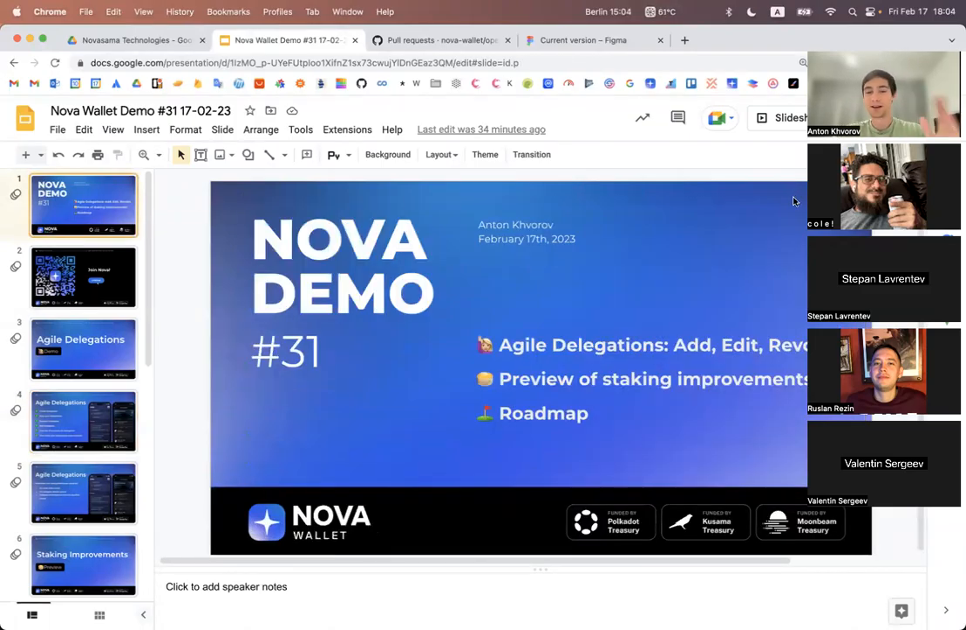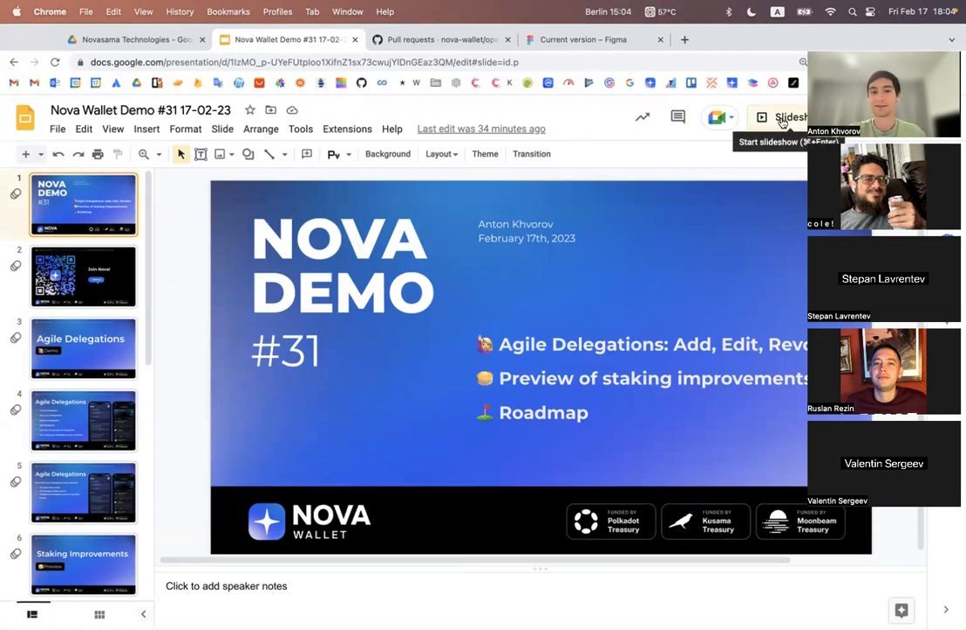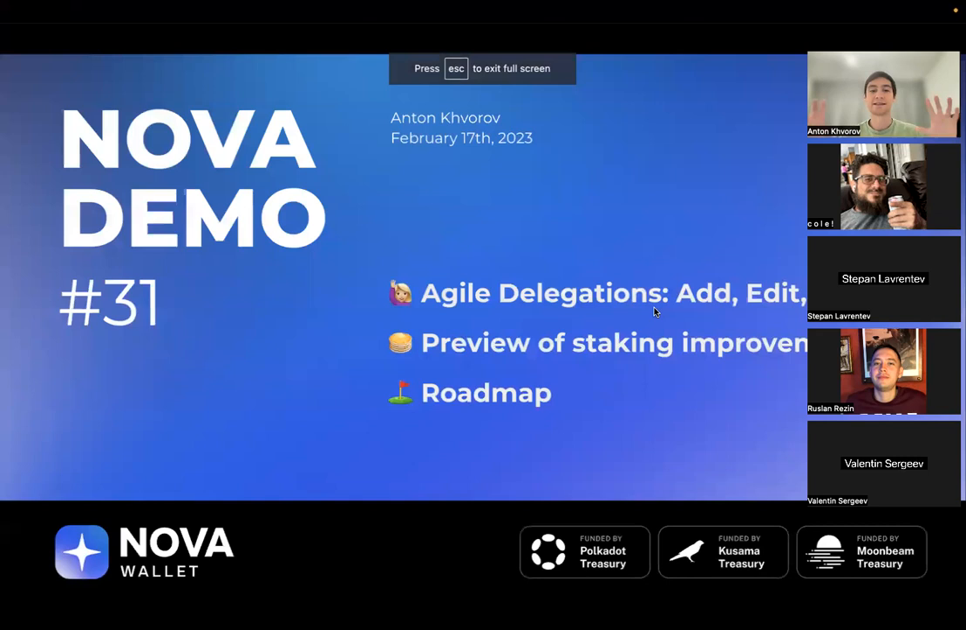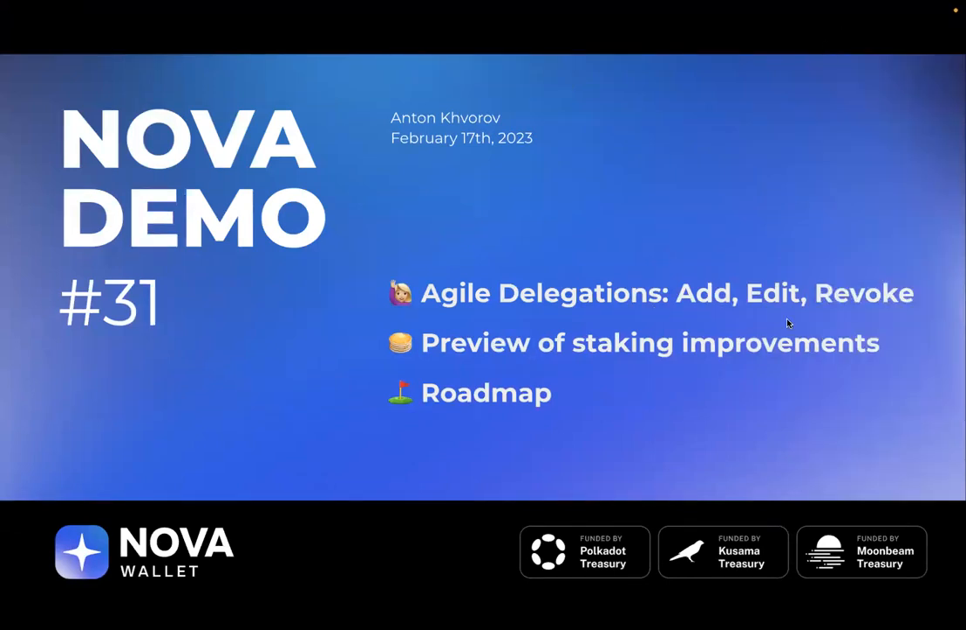Great. So welcome everyone to our new demo for the Node Wallet, which is 31st. Today we're going to finalize everything about Agile delegations. So we're going to cover add delegation, edit, revoke, view delegations. So everything we have delivered so far and what will be included in the release, we are going to